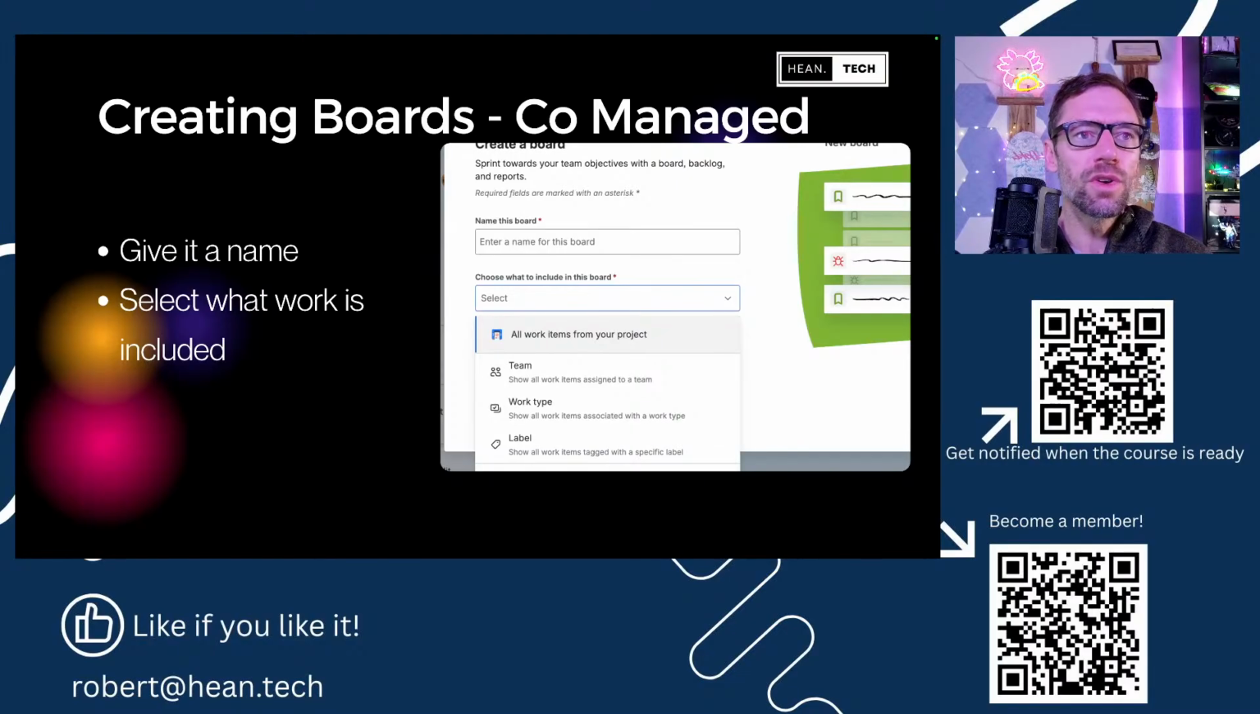Now, when you create a board in a company managed project, you have a lot of options, or a lot more options than you have in the team managed one. First, you give it some kind of name, and the name can be anything. And again, this is what will tell someone what it's for or who should use it. So when you make the name, double check